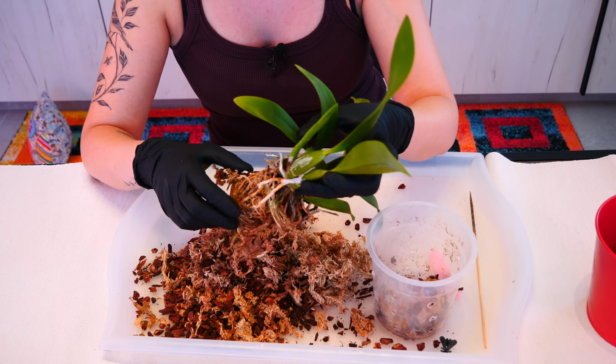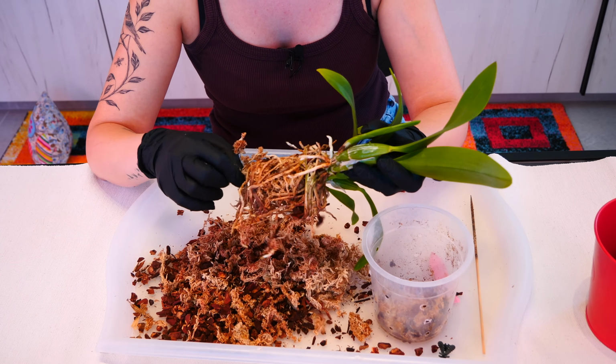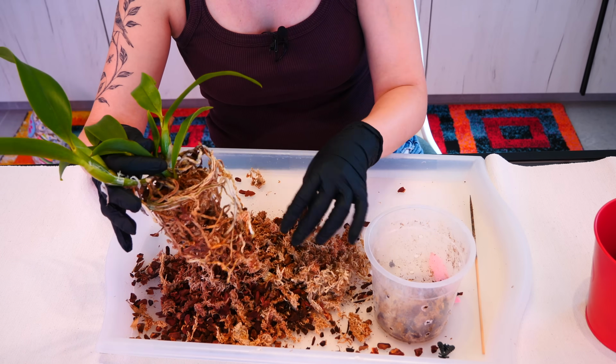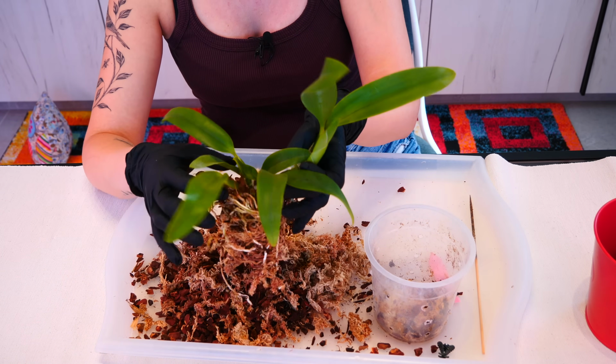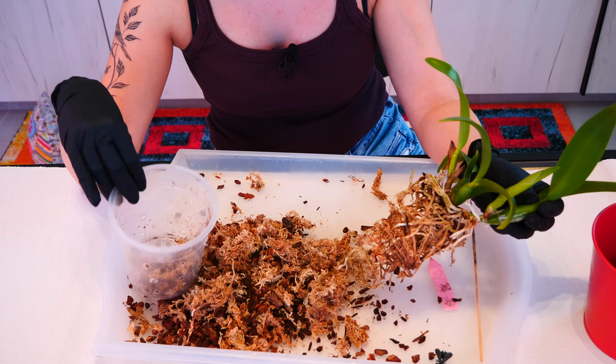And again, in that video, I told you that at some point, some of the older growths might wake up as well if the leading growth is damaged. Right, so I was saying that I'm thinking to separate this older part from the orchid just to maintain this pot, because I'm gonna